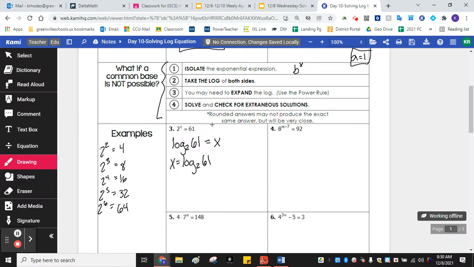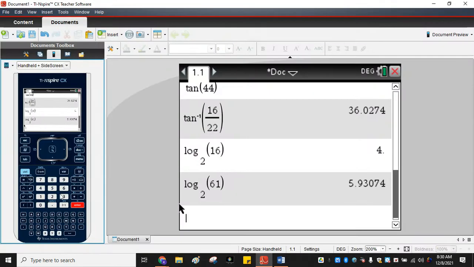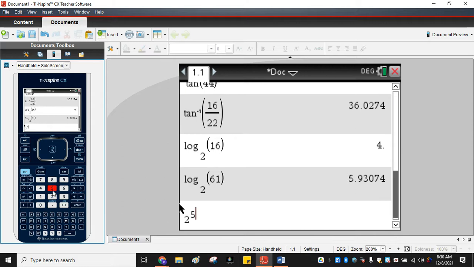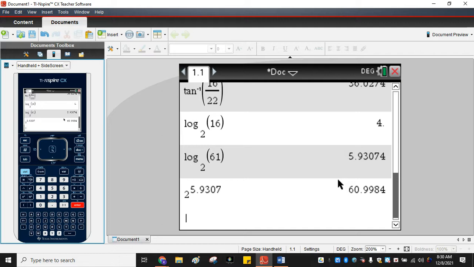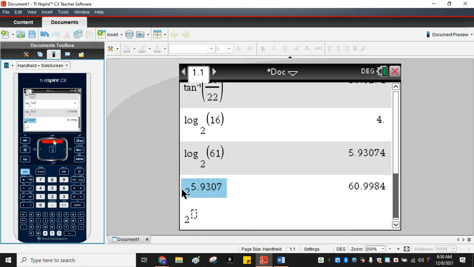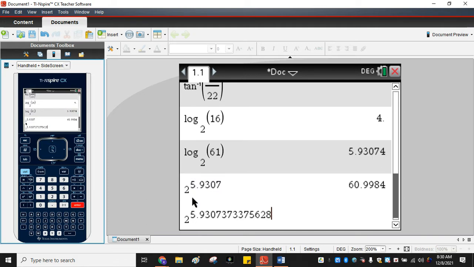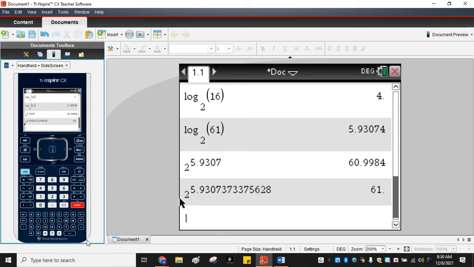Rounded answers may not produce the exact same, but will be very close. So we'll just write it all out: 5.9307. And then to check it, you can plug it in. 2 to the 5.9307. It's not 61 because we rounded it. The calculator rounded it. It would be better if I used this exact number right here, because see how it's not rounded, and that should give me 61. But nobody wants to write all of that. So if this rounds to the right number, I'll take the answer. That is the answer,